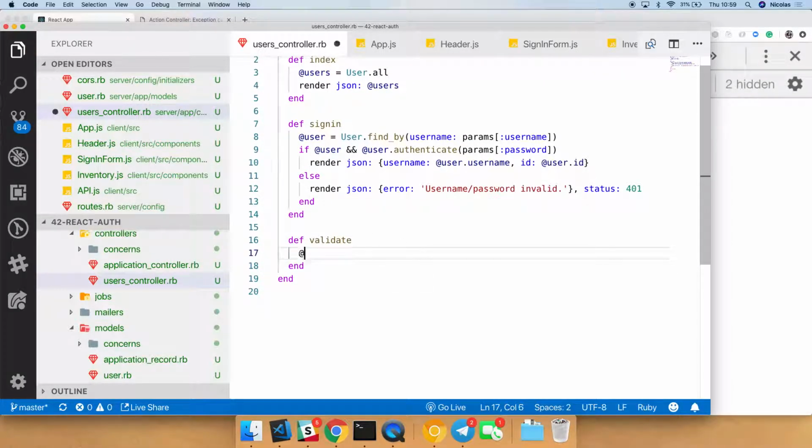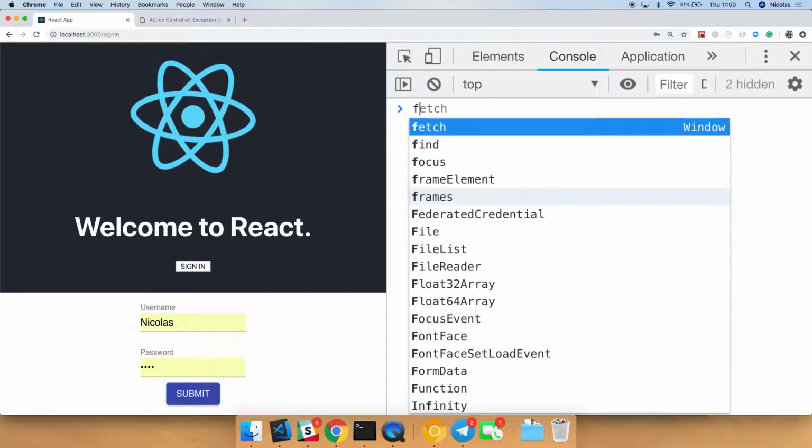Okay. So what can we do? We can say user is user find by, let's say I'm going to be passing a username. Now I'm going to do something slightly different though, because I'm making a GET request. I won't have params. I won't be passing stuff in the params. Instead, what I can do is I can pass, you know when you do